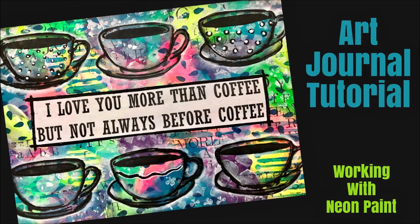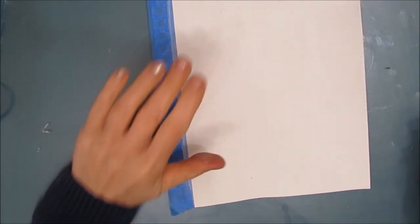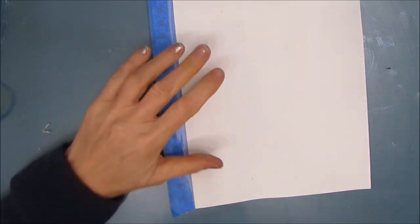I'll be passing along what I learned about working with neon paints. We're also going to be doing something with focal image stencils. So I'm using Artist Loft neon paint. I want it bright and bold on this page. And I pre-gessoed the 7x10